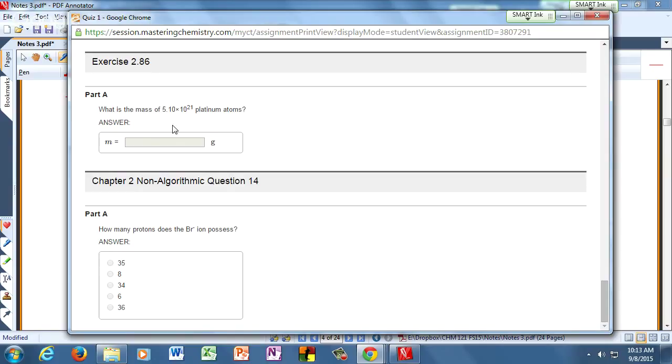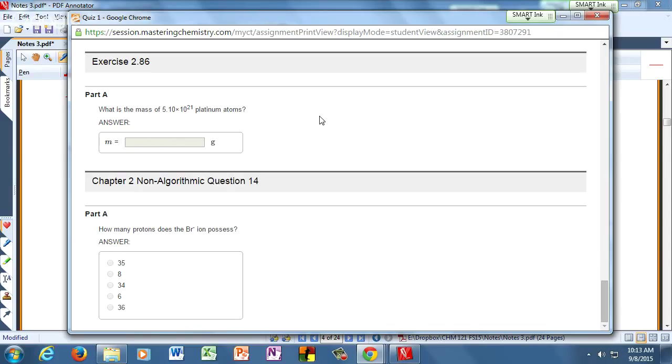Okay, and then this one was also widely missed. What was the mass of this many platinum atoms? How do you find the mass of an individual platinum atom? Just look at the atomic mass. Yeah, the atomic masses are averages of isotopes, that's true. But this isn't talking about any particular isotope. They're also molar masses, meaning that's how many grams are in 1 mole. But we can take them as atomic masses. We talked about that assumption, how we can assume that each individual platinum atom weighs 195.08 because the average is generally going to be correct.